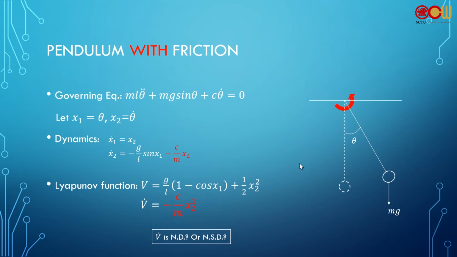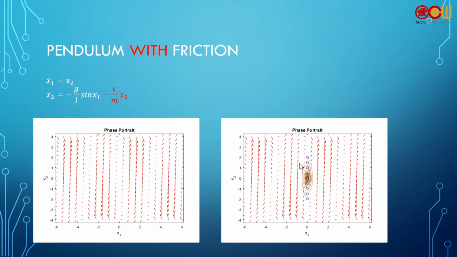Or you can imagine if you want to conclude theta goes to 0 as t goes to infinity, the conclusion is asymptotically stable. And the requirement for asymptotically stable is V is PD and V dot is ND. But obviously, V dot here is NSD. So the best that you can conclude is only stable. But what you observe here is asymptotically stable. What's the disconnection? To bridge the gap, we need to introduce another theory called invariant set.